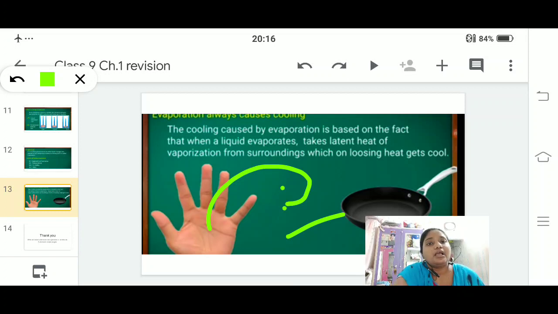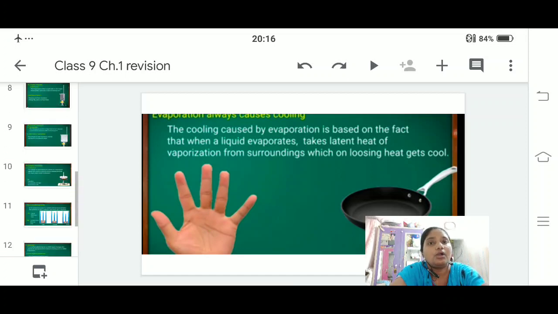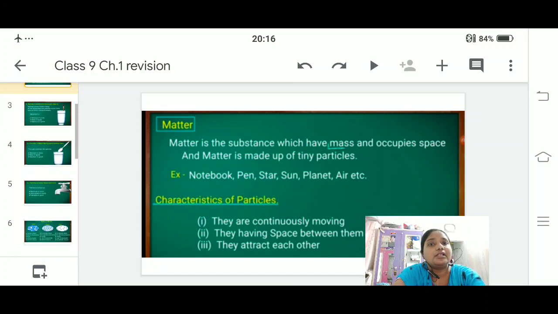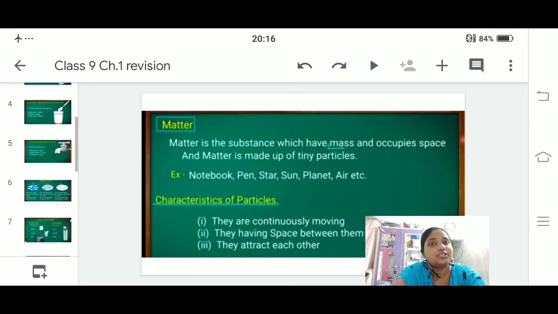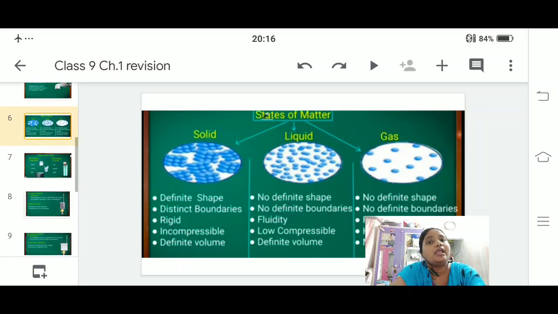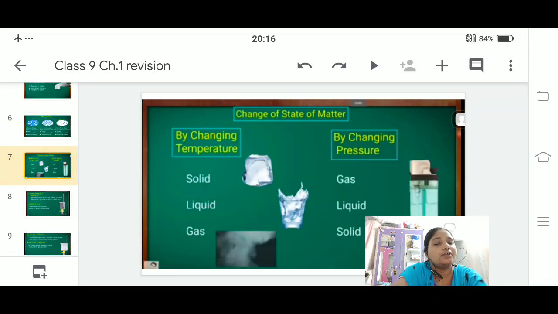Okay. Now I move once more through all of it. First you need to study what matter is and the characteristics of particles. Then there are three characteristics with examples. The next one, three states of matter and conversion of state, change of states of matter according to temperature and according to pressure.